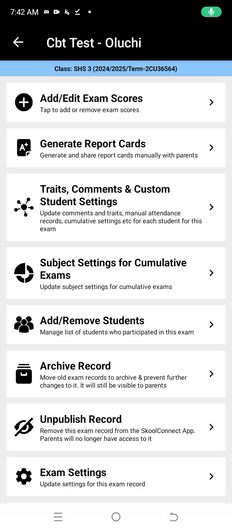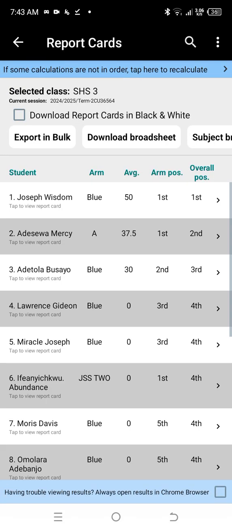Hello, good day. So today we'll be taking us through how to generate report cards for students. That's to say that we're going to learn how to generate report cards in different formats. So we're going to click generate report cards and we're going to see the functions or the features in this